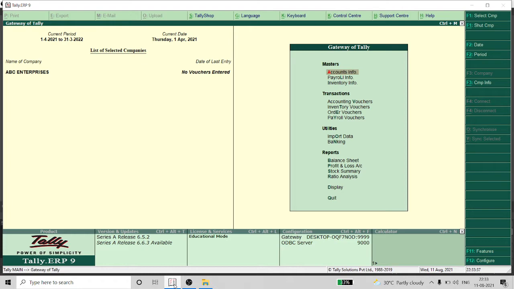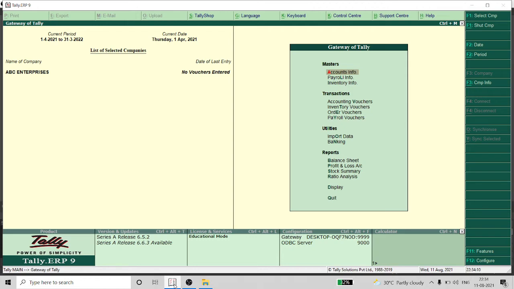Suppose I am giving a monthly salary of 60,000 among four persons, meaning four employees are working under me, and for them I am going to pay 60,000 all over monthly salary. So how much amount am I going to pay for each employee? We will see how to distribute that using cost centers and cost category.